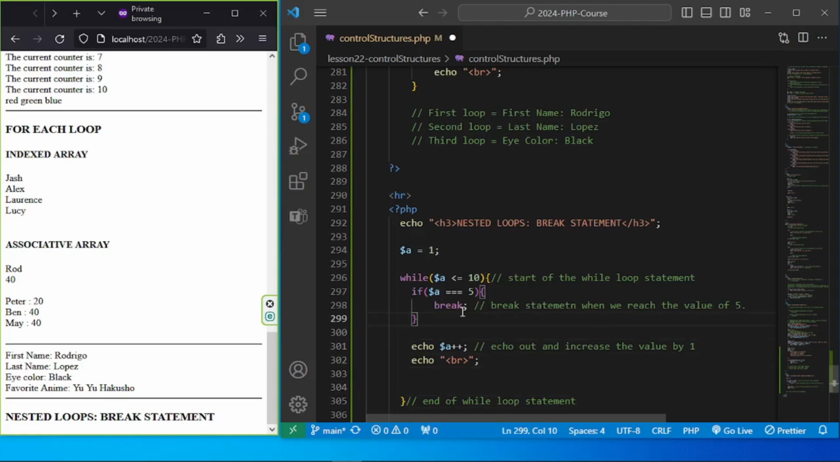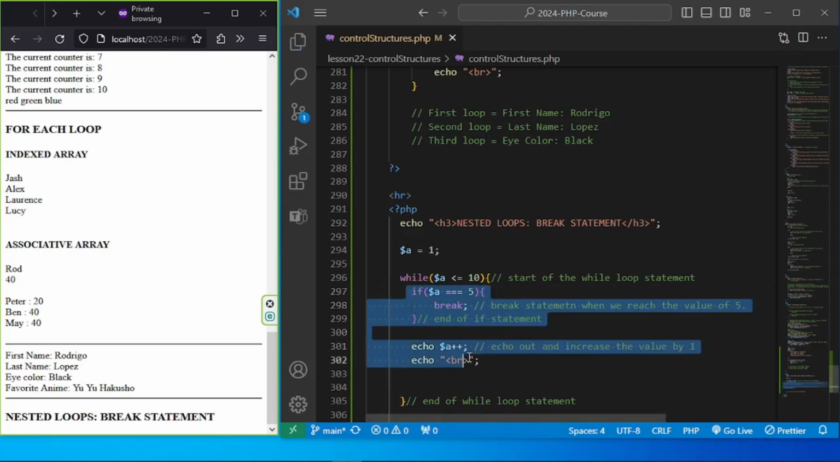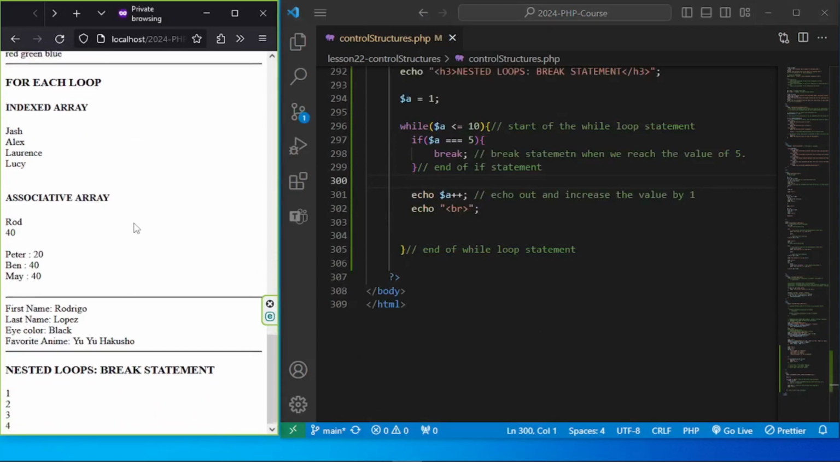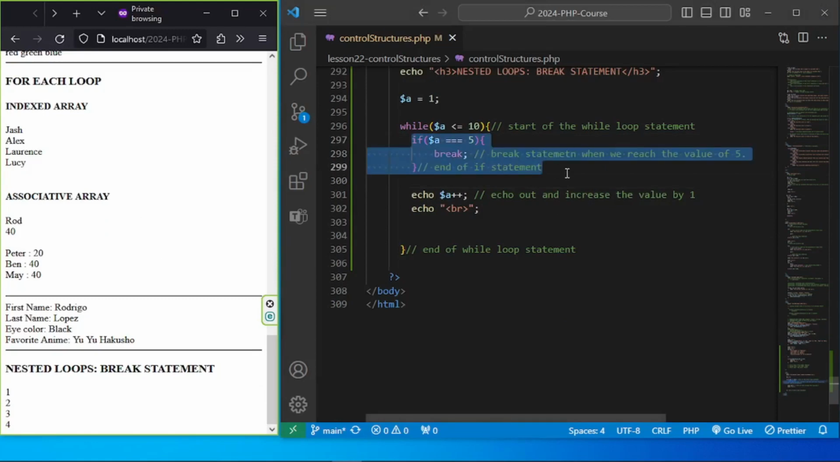Especially when you're nesting loops or nesting if statements, we should be ending it with some sort of a comment, end of if statement, just to easily read it, and we can correct if we are making some mistakes with some indentations. So let's try to refresh that. We do get 1, 2, 3, 4, 5, and if we don't have this, we should get 1 to 10,